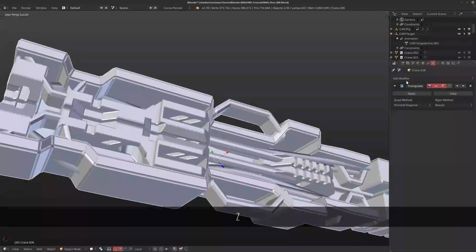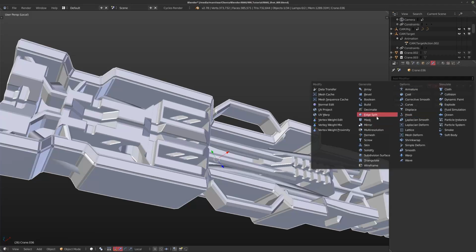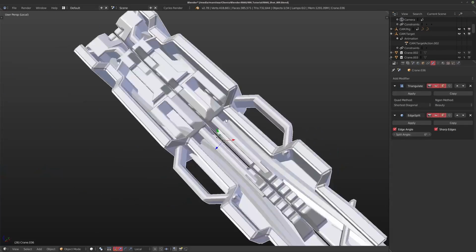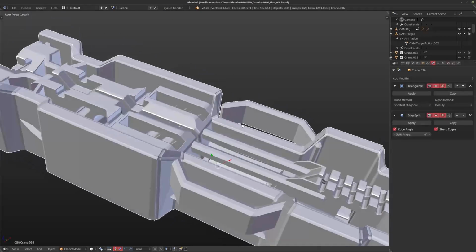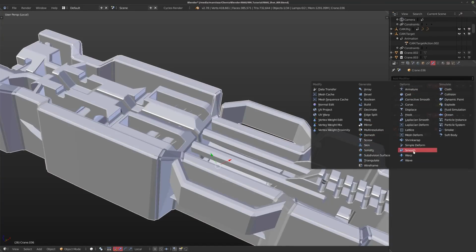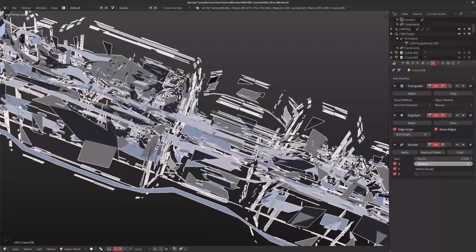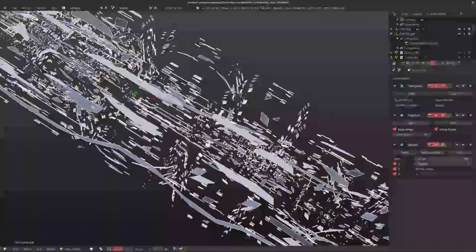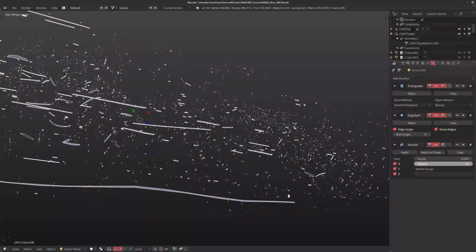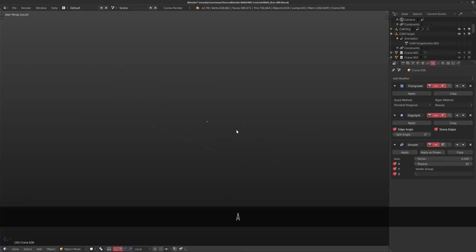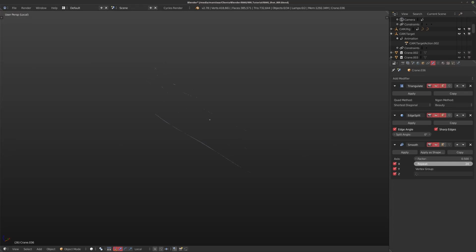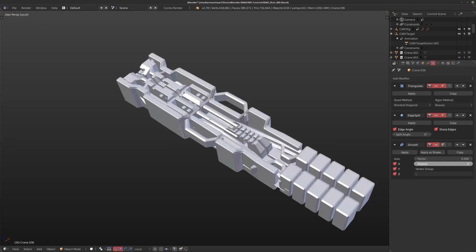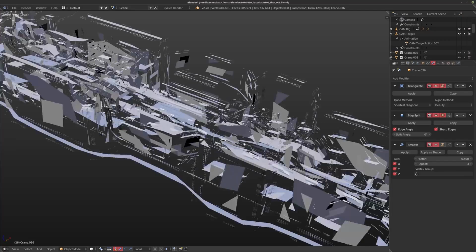So with that triangulate, I'm going to add an edge split. Now what this is going to do is it's going to split up all these polygons, and we still can't really see anything going on. But if you add a smooth modifier on top of this, you'll see that now all of these split up together. So that's really, really cool and really nice, and gives you some really interesting effects. So if you want to animate things appearing from nowhere, you could do it like this and just animate the smooth and have the whole thing appear from nothing.